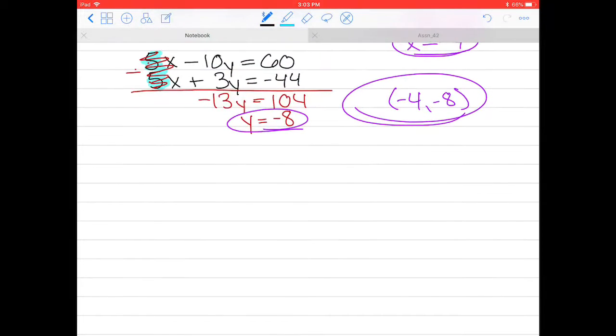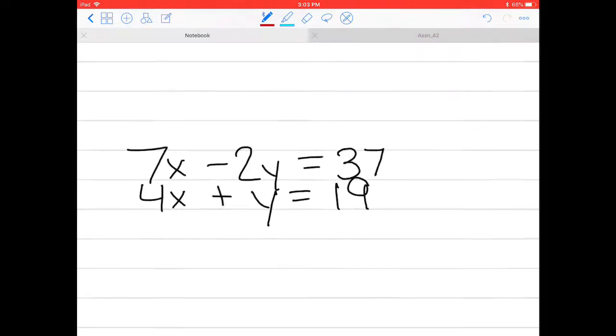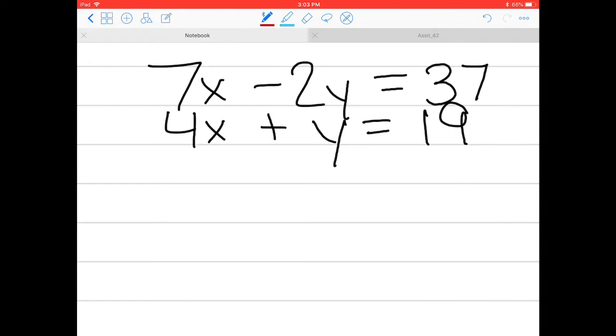And number 2. Okay, so once again, the point is to have the same number on one of the variables. Now, I want you to realize you could, if you wanted to, make the x's have the same number. But for 7 and 4,